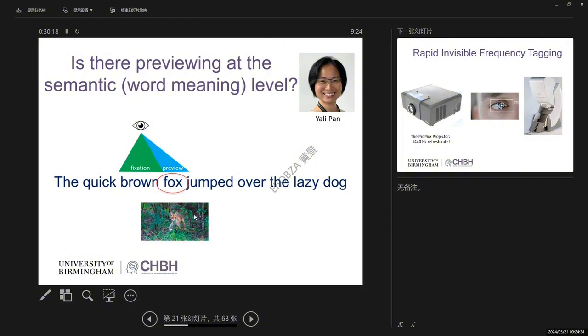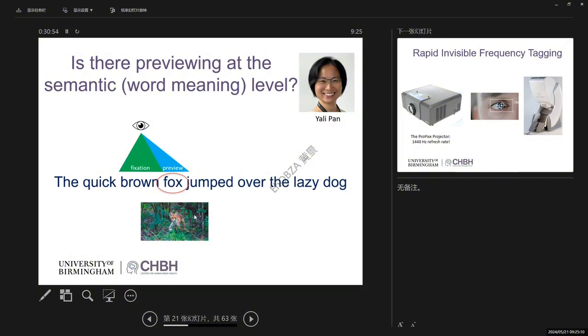Semantic processing refers to deriving the meaning of fox. So we know when we think about a fox, that it is an animal running around in the forest. We know about the color, it's sort of reddish brown and so forth. So there are all these features associated with fox. And when we read the sentence, we need to derive those semantic features and then integrate them into the sentence context.